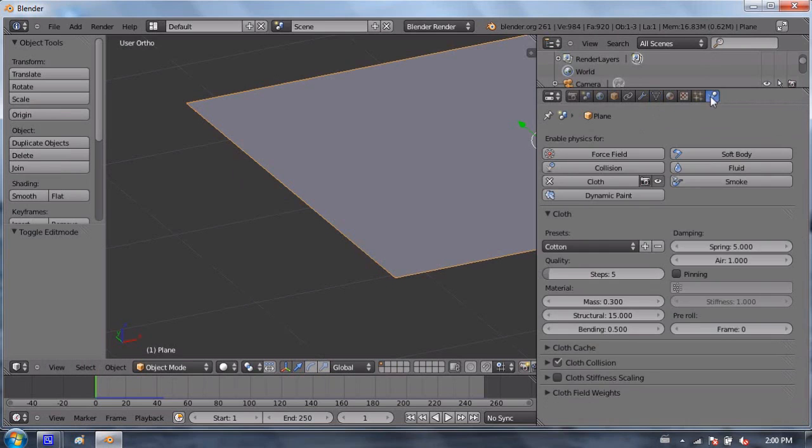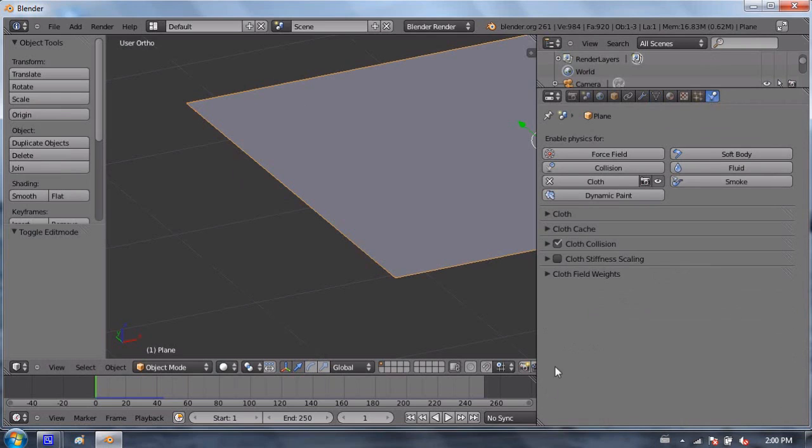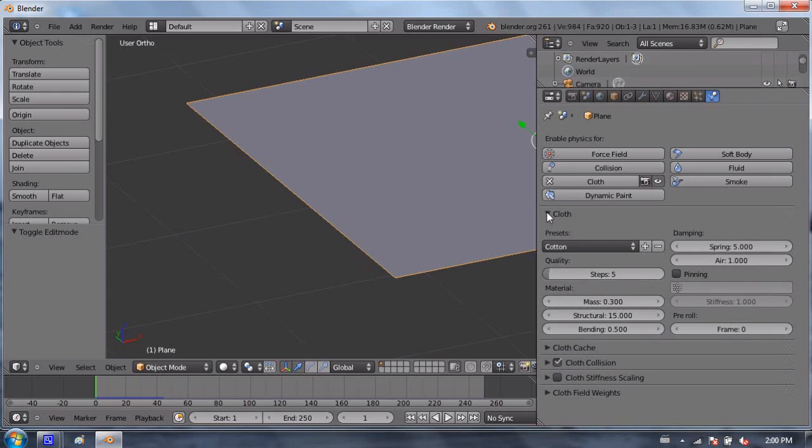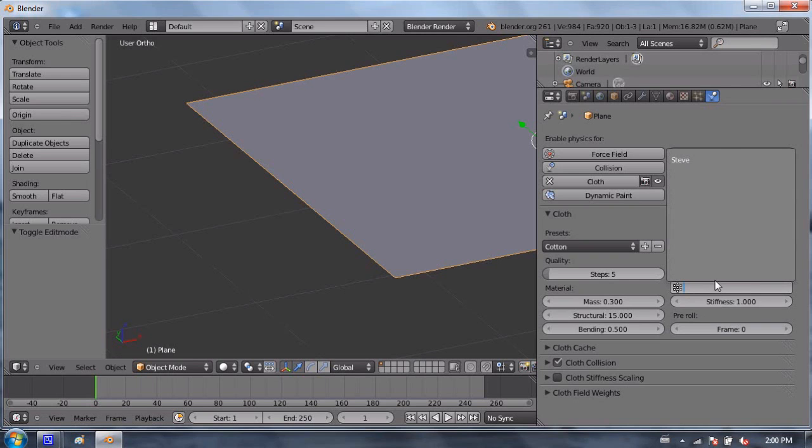Okay, let's go back to the physics tab. And now, if we go down to our, let's find it. I'm not quite sure where it is. It might be under cloth. Yes, it is. There is a little checkbox called pinning. And under pinning, as soon as we check it, this entry box here becomes available. And this little icon right here means vertex group. It's a bunch of little dots, little vertexes. And when we click in that box, we get a list of all the vertex groups that we've created. We've only created one, and it's called Steve, so I'll click on Steve. And now that is pinned.